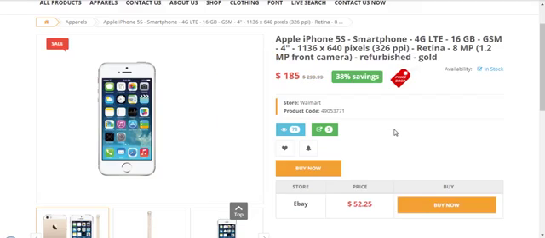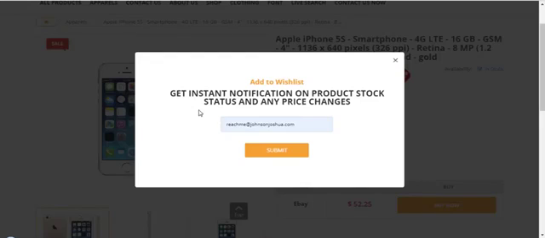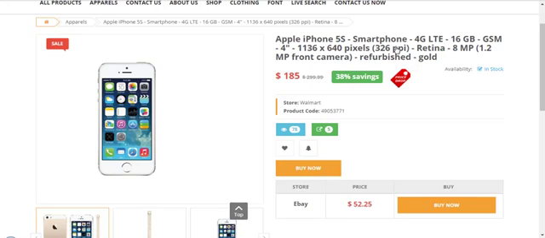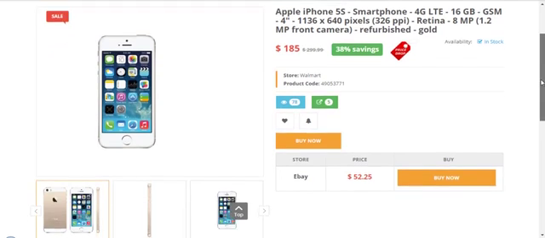So a user could also choose to add a given product to a wish list, and once it comes down here, it says get instant notification on product stock status and any price changes. So when a user does hit on these two, his email address is also listed into the alert system, which notifies the user on this particular product when there are stock changes or when there are price changes for this particular product, to allow the user to make his buy decision. So you could see all of the wonderful provisions or features that come along with